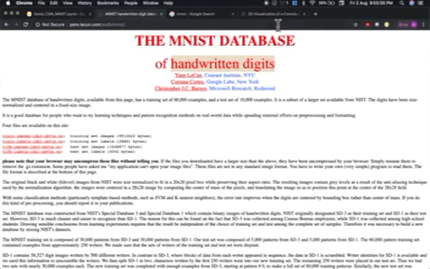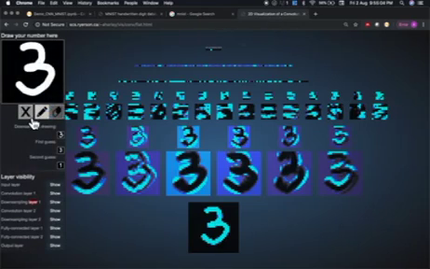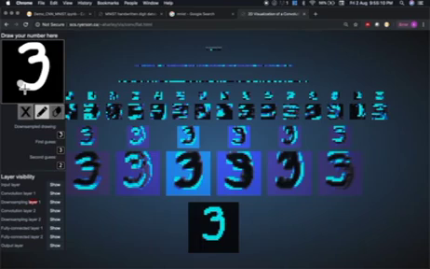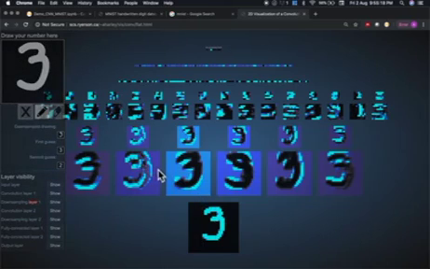Just to give an intuition of what we are going to see in this class, given a handwritten digit, say for example 3, we are going to see how a deep learning neural network is able to classify these handwritten digits between, say for example, 0 to 9. So whatever I write,